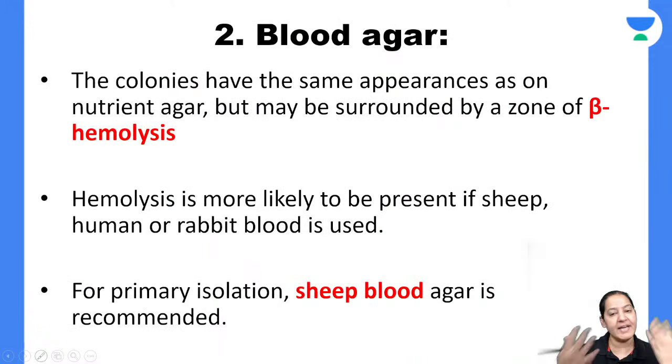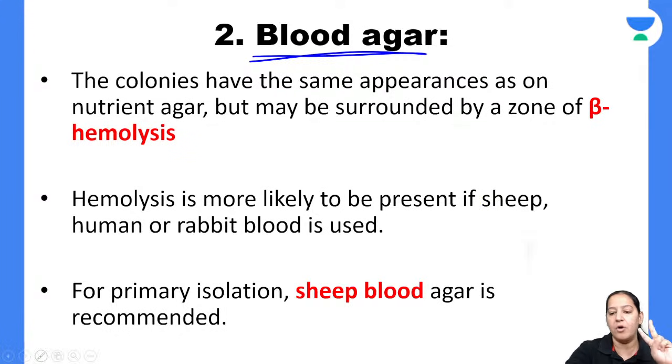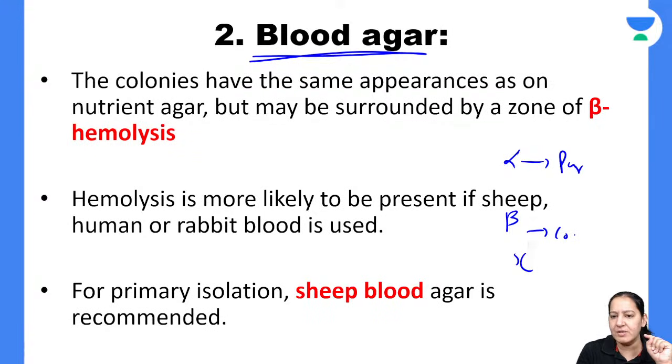Oil paint appearance. The second agar is the blood agar. You have to understand the second agar is the blood agar. On blood agar we have three types of hemolysis: alpha, beta and gamma. Beta means complete hemolysis, right? On blood agar you always have to tell which type of hemolysis. Alpha means partial hemolysis, beta means complete hemolysis and gamma means no hemolysis. So Staphylococcus is showing which type of hemolysis, partial or complete or no? Staphylococcus gives complete hemolysis, that is beta hemolysis. So learn it is the beta hemolysis.